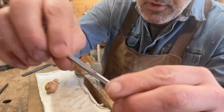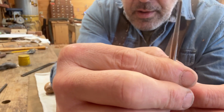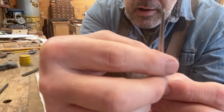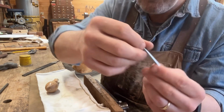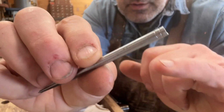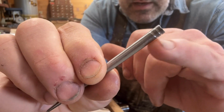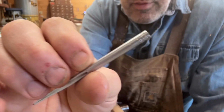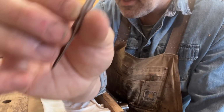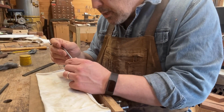Anyway, so you'll see on the flats, there's still some remnants of that from the heat treating, but I'll clean that up as well before this goes out. I've also taken it over to the bench grinder and ground some grooves in the end of this. This is just to give the